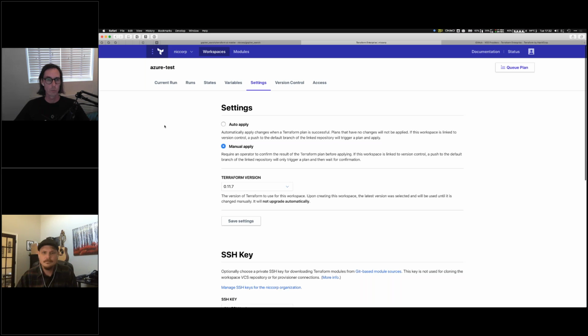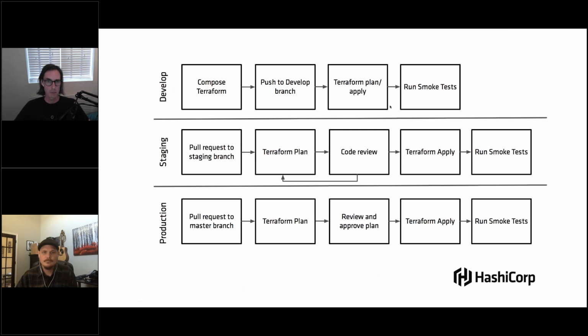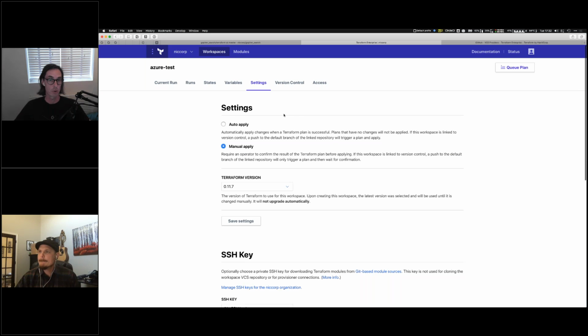And when we talked about our flow, one of the things that we mentioned was that with our development branch, we're actually happy that if a Terraform plan works, we're just going to push that straight out. It's only Zach and I who are suffering. So I've got the capability in private Terraform Enterprise to have these 2 different things. So I've got the capability of setting something up as auto apply. So if a plan is successful, the changes will be applied automatically. And I've got the capability of a manual apply. And this is the one that you're going to most commonly use. This means you've got that 2-step approach. Somebody has to look at the plan, they have to confirm it's okay, and they have to manually action the